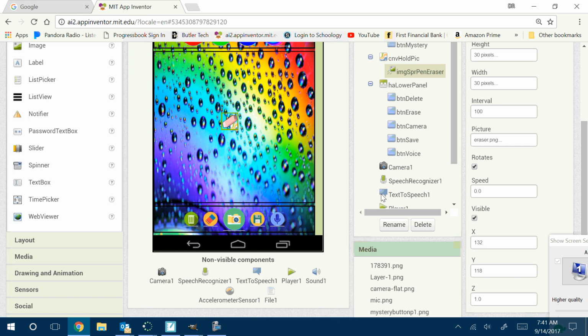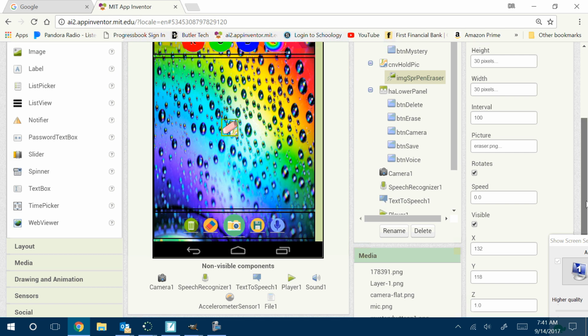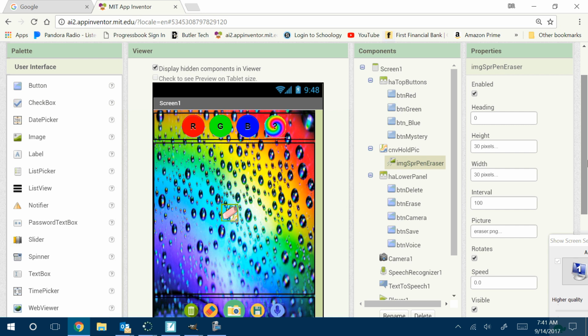So, what were your ideas? What were your concepts of when we go to the feather and when we go to the eraser? Okay. If you click on the eraser, you're going to get eraser, right? If you drag, what picture do you get? The pen. So let's do that. Does everybody understand that? When you drag, it's got to go back to the pen. When you click on eraser,